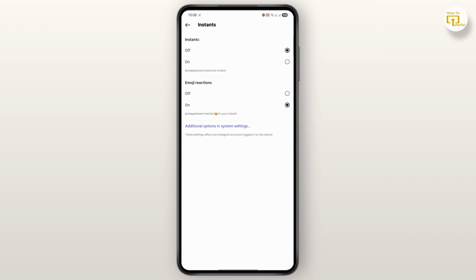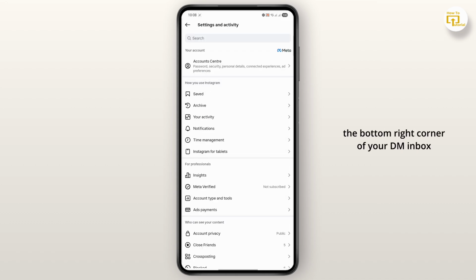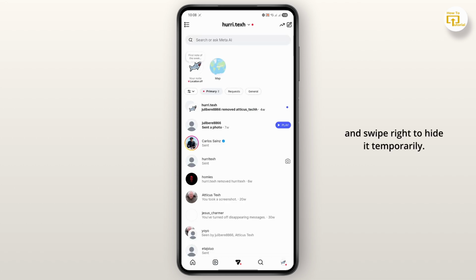the feature at all. From here, if you're not ready to fully disable it, but just want a temporary break, there's a quicker way to pause it without going into settings. Just press and hold the Instants photo stack in the bottom right corner of your DM inbox and swipe right to hide it temporarily. Finally, if you ever change your mind and want to bring the feature back, just go